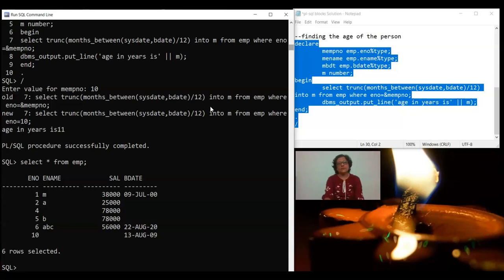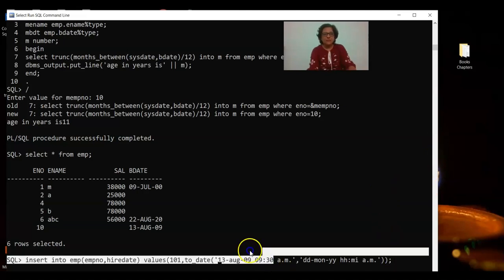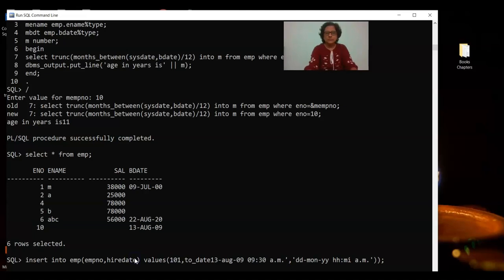And by the way, if you want to insert the date in the table, you can give it in this manner. If you want to insert the date and the time, I'll have to check whether I've given the single quote properly, because there is a difference in the single quote whenever we copy from maybe a PPT or a Word doc. You can give this in this manner. Suppose I want to give it in EMP, and I don't have hire date, you can see the columns on the top. Where is my cursor?